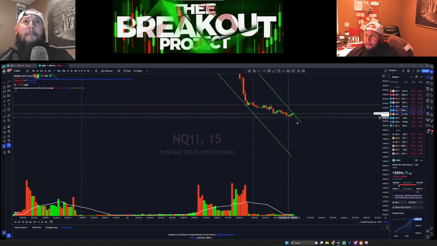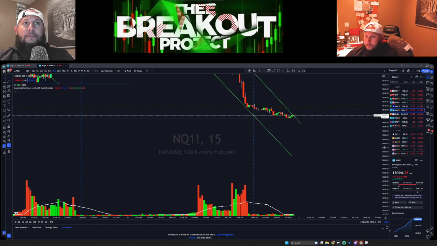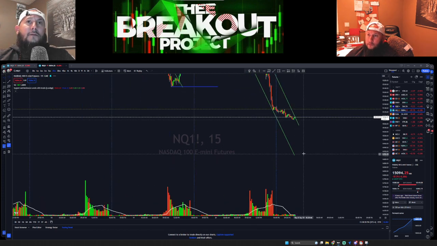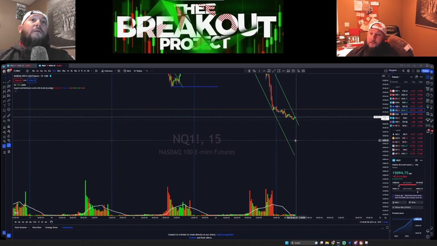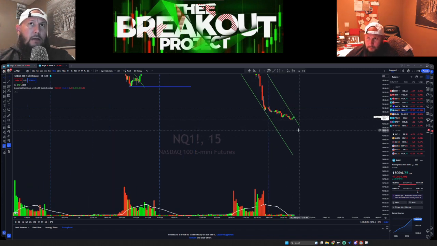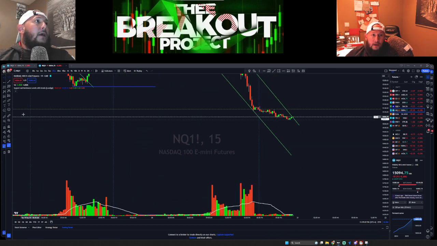And then if we break back below this trend line, what I'm going to look for is I'm going to go out to the 4-hour and 1-hour charts, and I'm going to start looking for areas of support down here where price would go to. But the most likely place that it will go to, and I'm not a good drawer,